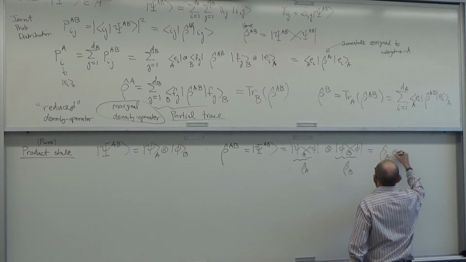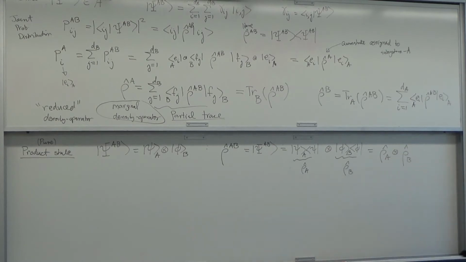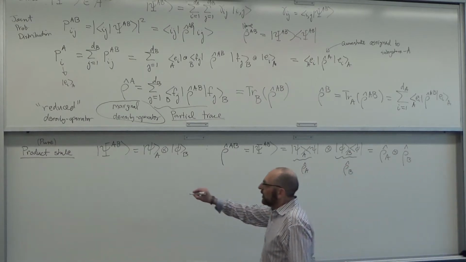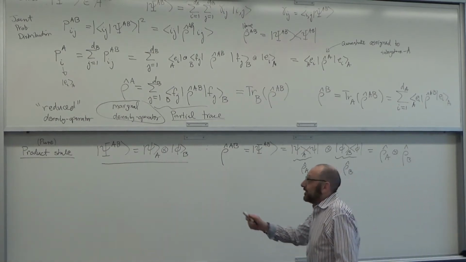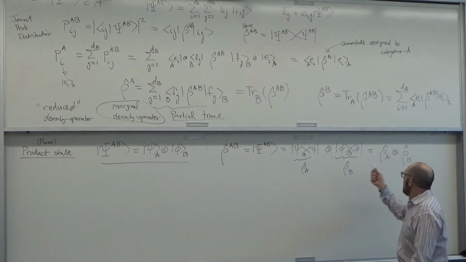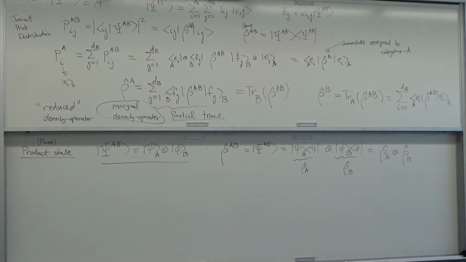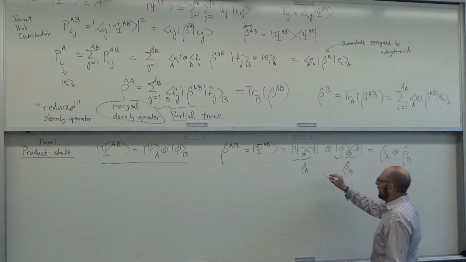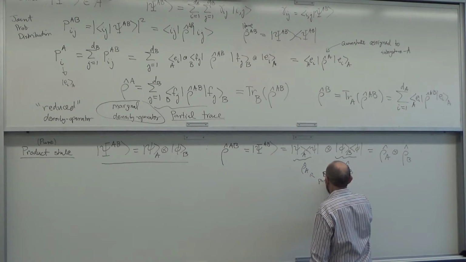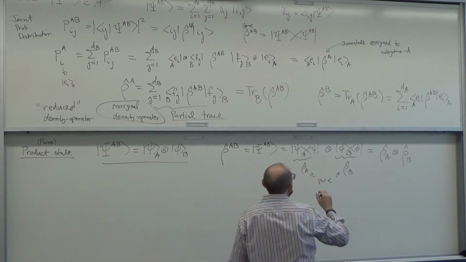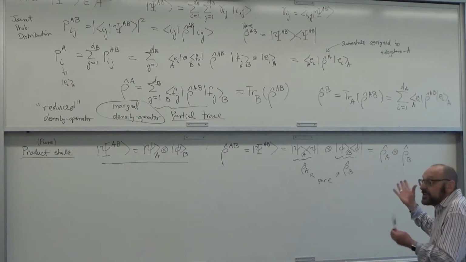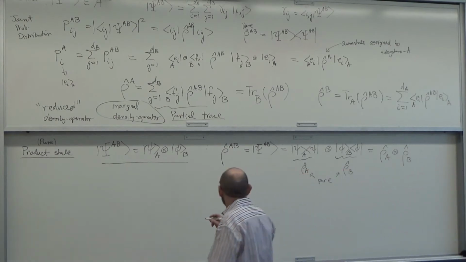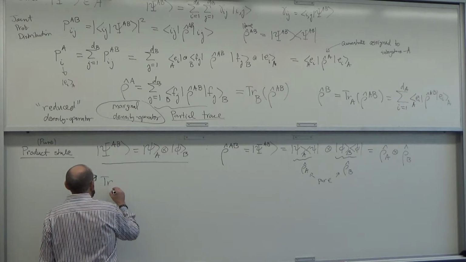So this particular pure state is a product state, or written in operator form. Here we wrote it as a tensor product of vectors in Hilbert space, and here I'm writing it as a tensor product of operators, density operators. Each of these are pure. The joint is pure, and each of the states associated with the subsystem. And if I marginalize this, I get exactly what I expect. So if I take the partial trace over, say, B,